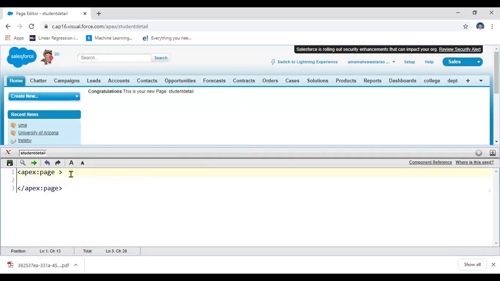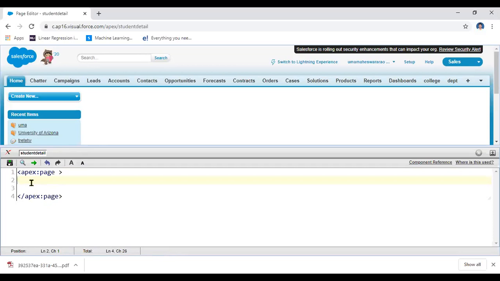Yeah, what is our aim here? If you execute this one, it shows output like this. Nothing was there. Here I'm going to write the student details. How can you write the student details here? That means a student form. Let us assume I want to display the student form.